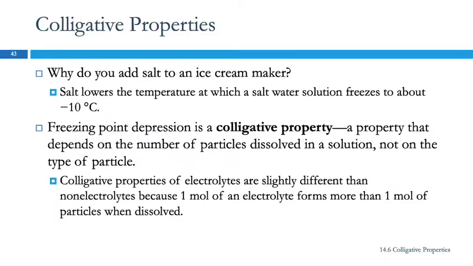Colligative properties are properties that depend on the number of particles that are dissolved, not the kind of particle. It could be sugar, or it could be some other molecule. It's just the number of particles. It doesn't matter what they are. Just kind of weird, right? If we're talking about electrolytes versus non-electrolytes, things get a little different, because if we have 1 mole of